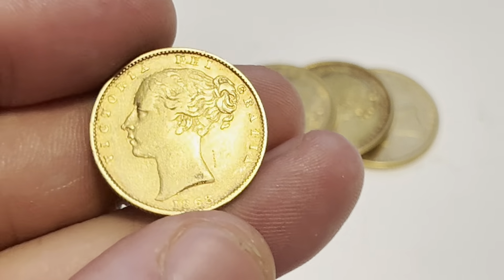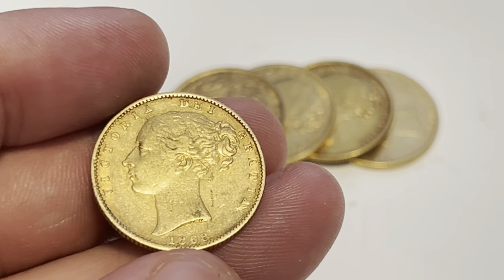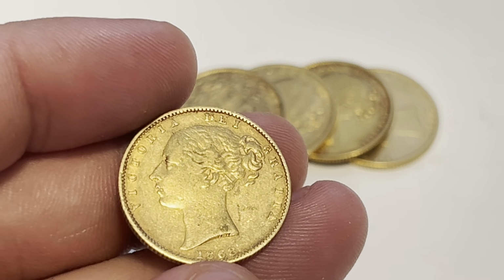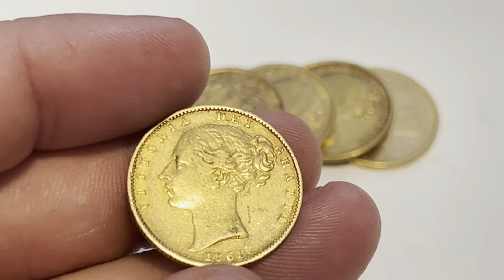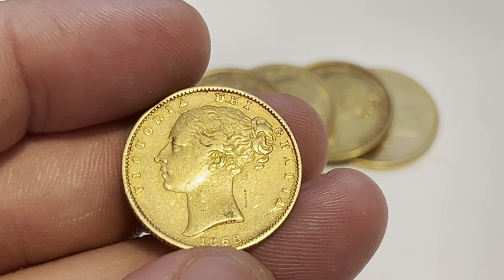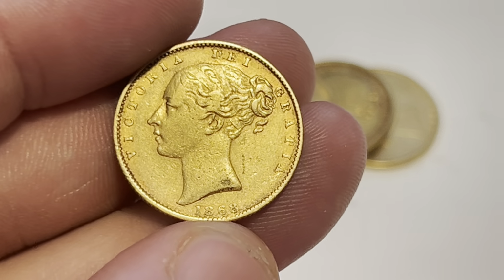So let's go through the mintage. I believe this will be low mintage as it's in the 60s. Typically, 60s and 70s are of the lower mintage variety. Typically. So 68, this is a 1.6 million coin. So yeah, die 32 comes under this, so there's not going to be any